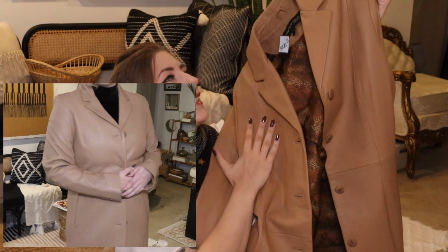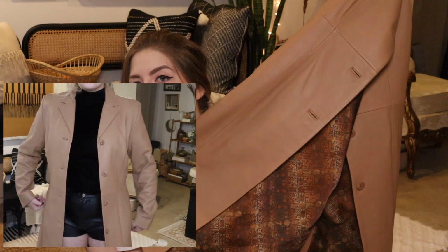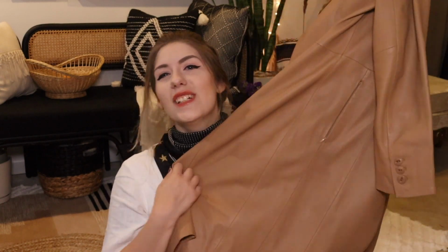Oh my god! It's this gorgeous mid-calf length trench coat in this gorgeous tan, this beige. Now I do have leather trench coats in black, I have one in red, and I have one in, I think, a whitish gray and a more brick toned brown, a darker chocolatey brown. And now I have a beige one. I have a leather trench for every occasion. I saw this color and I was like, come on. I have another two-piece suit to show you guys, but I need you to understand the level of excitement I was at with this